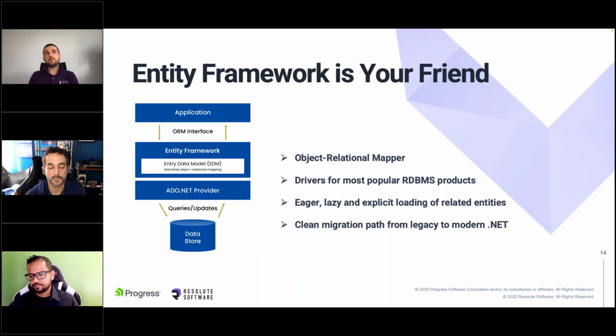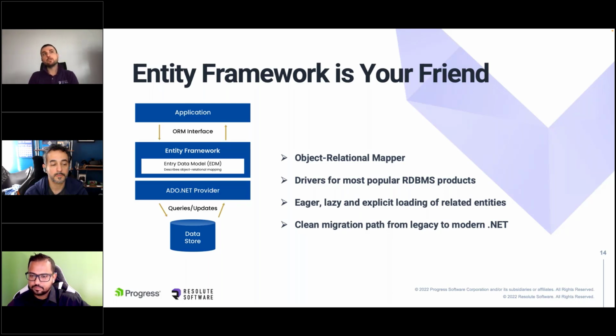When you dive into the principles of an object relational mapper, you very quickly hit the first major problem with relational databases and their mismatch mapping to objects. What do we do with related entities? Entity Framework solves this nicely with the principles of eager, lazy, and explicit loading that allow you to control granularly how your entities are materialized in memory and in your C# objects.